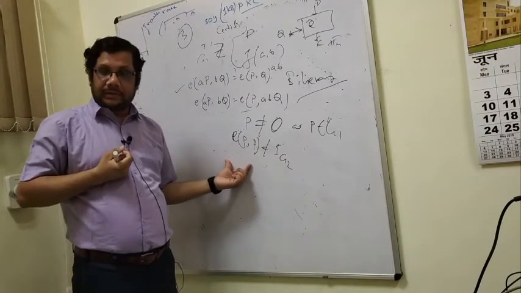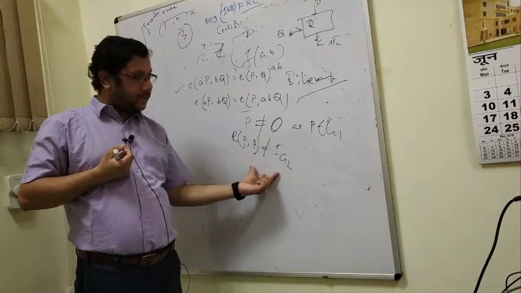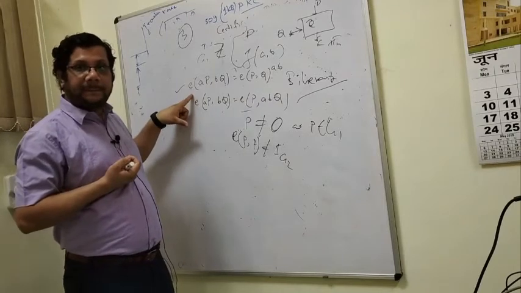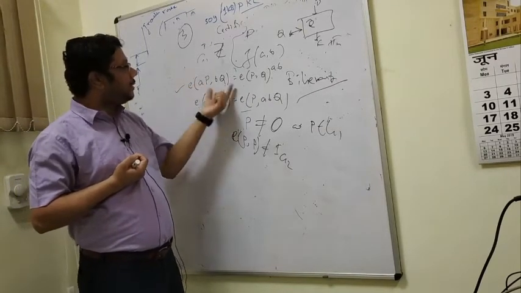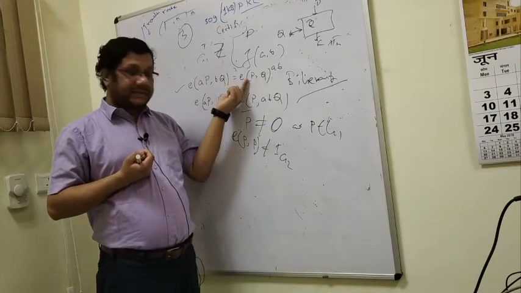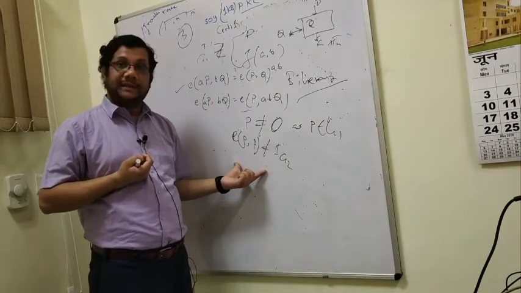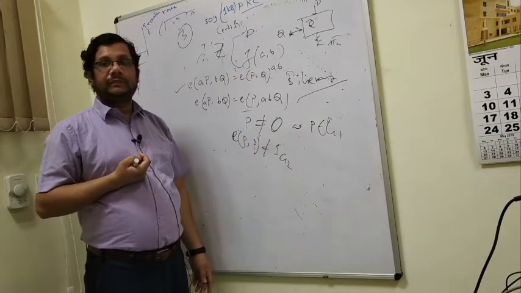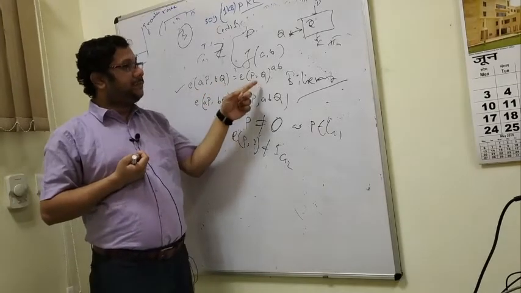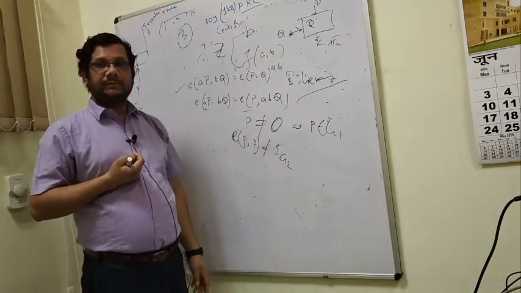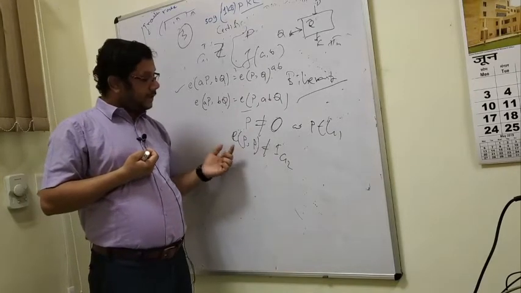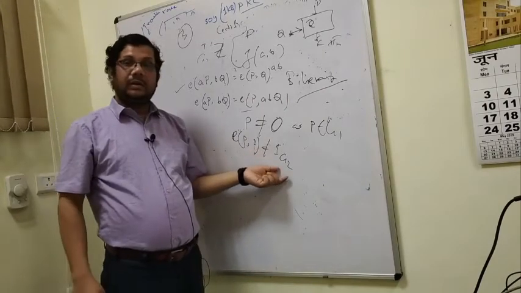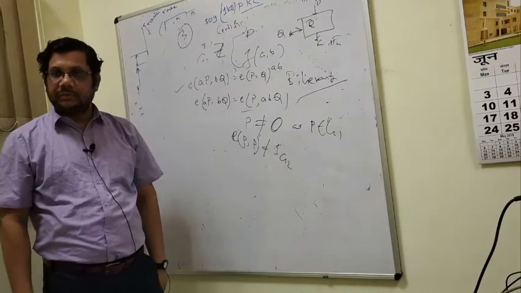It is a requirement. We are not saying that it will be ensured by the bilinear map. This is a requirement. For all P, Q and for all A, B, this must be true. Similarly, this is a requirement. This should hold. If not, then this is not a bilinear map. If this is not satisfied for some P or some A, B, then this is not a bilinear map. Similarly, this should also hold: you take any E(P,P), then it must not be the identity element of G2.